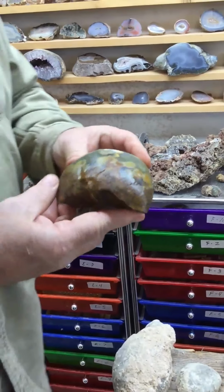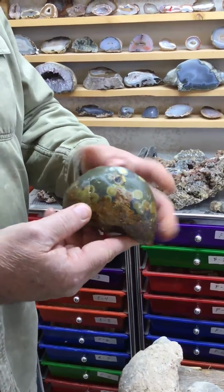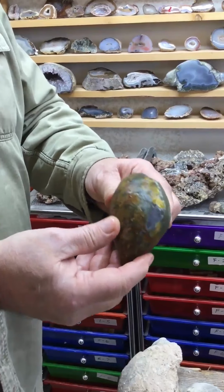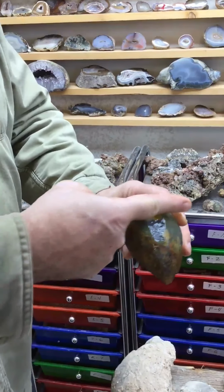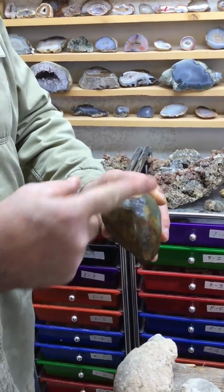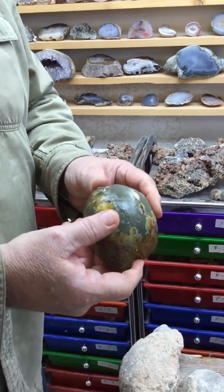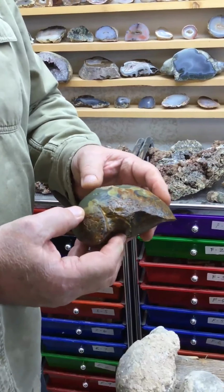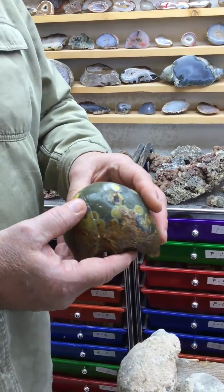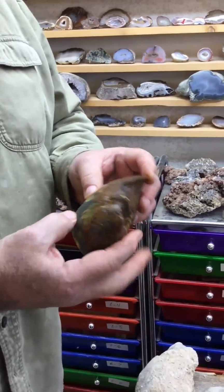What I'm going to do next is go clamp this into the saw, and when I do that, I'm going to be trying to get a cut that will go through this large node. Typically, that's where you're going to find your crystals in your bigger ones. Clamping it into the saw, as you're going to see in a minute, is tricky, and if you don't get it clamped in tightly, the stone can come loose and it can ruin the saw blade. Saw blades, like you're going to see in a moment, are in excess of $220, so it's very important to not have the stone come loose. So now we're going to go over to the saw and see what we...